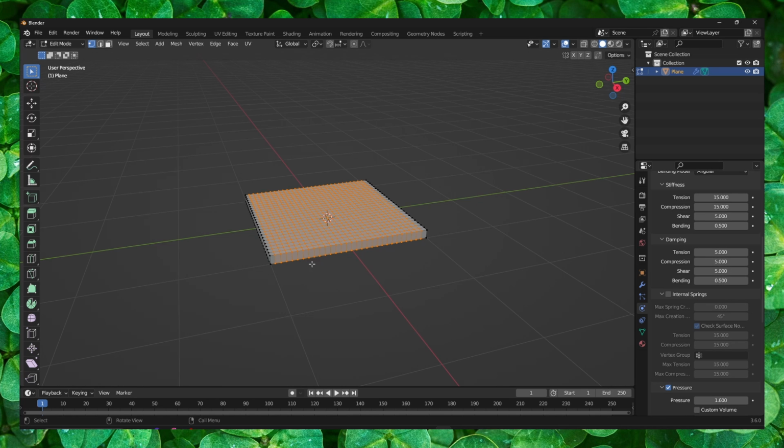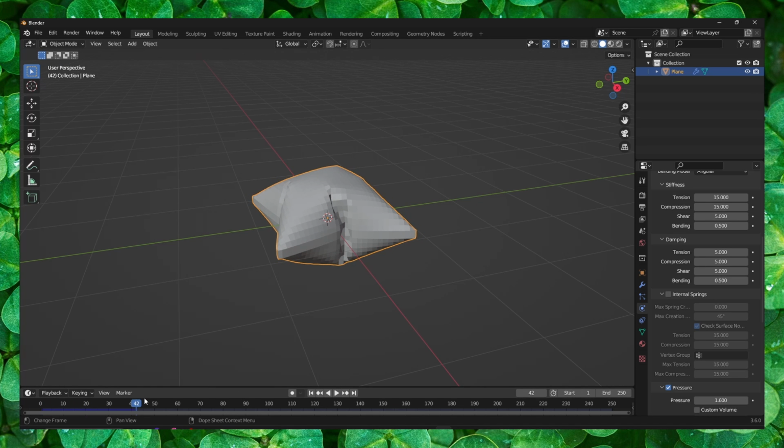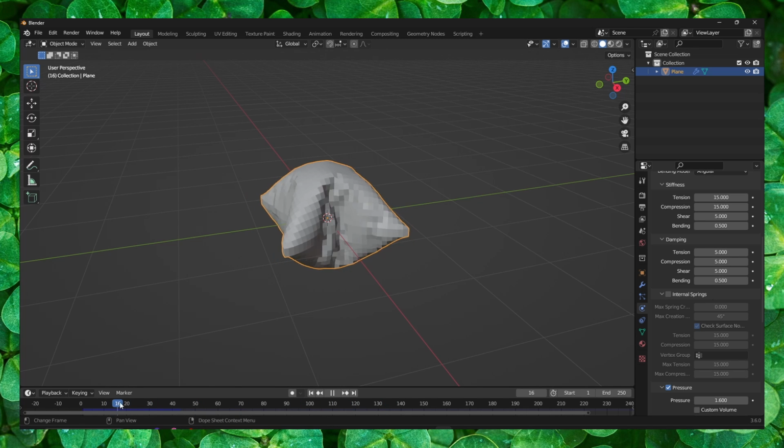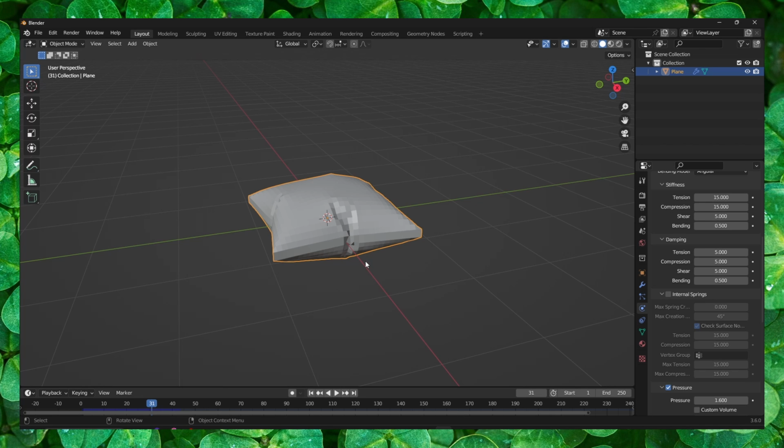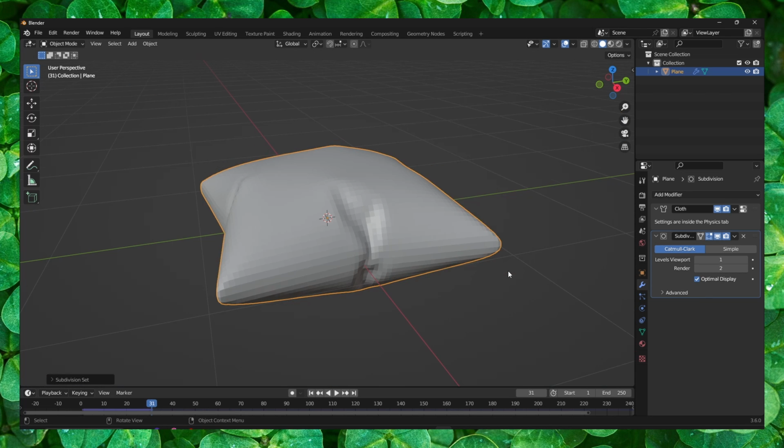And now we can simply tab and go to object mode, and if we play this, we have our pillow. Now stop exactly where your pillow looks the best. Around here I like it, looks good. Now we can simply press on our keyboard. After you go to cloth, we can press apply, and I just press on keyboard Control 1 or Control 3, and we can add